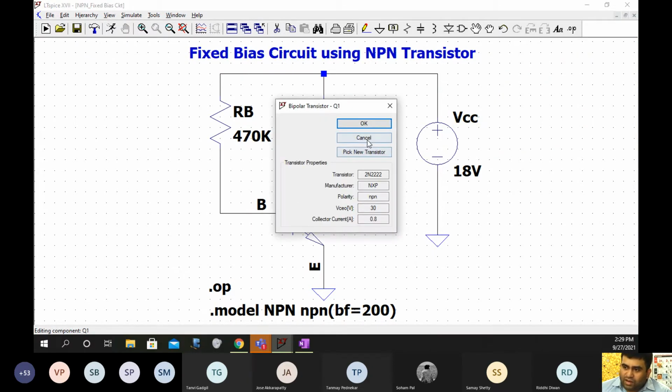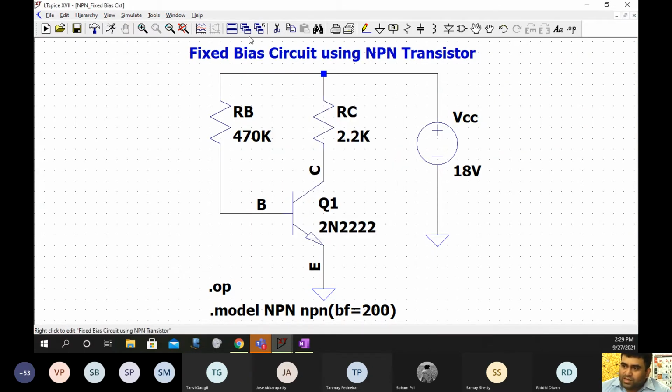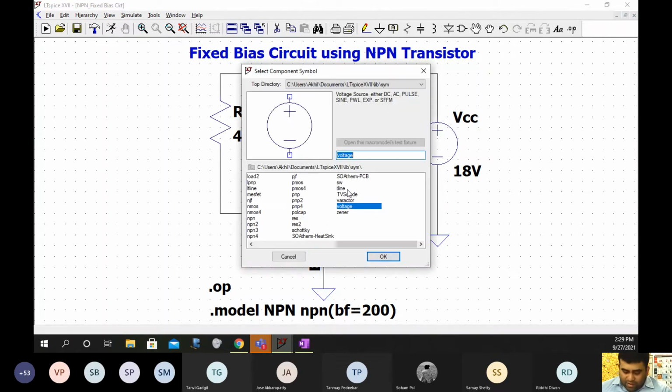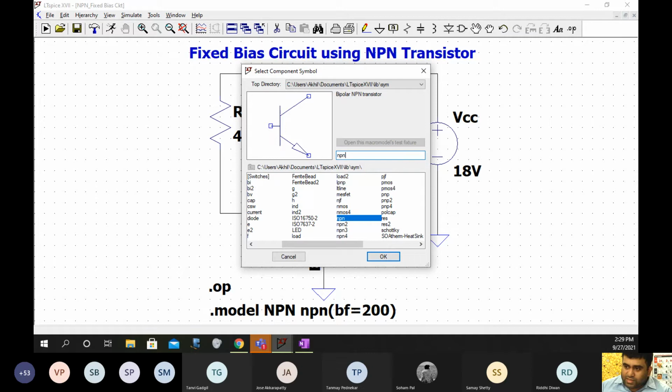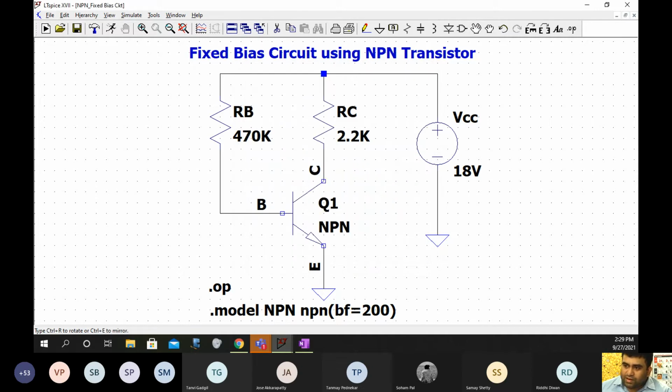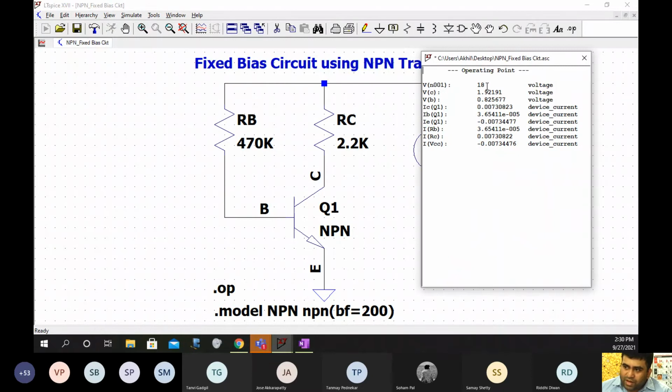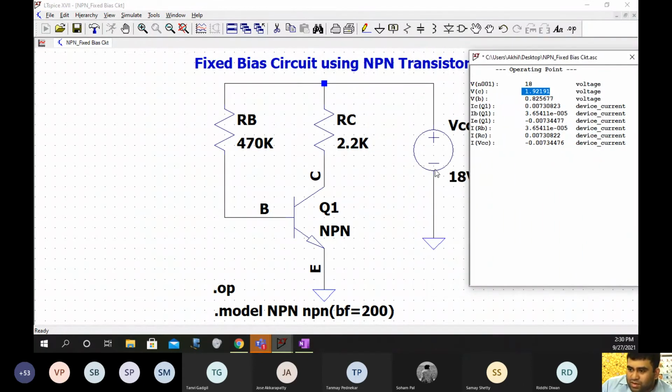Now what I'll do here is I'll just remove this transistor for the time being. Get back our NPN transistor here and we'll run it. So I'm getting my equations which are pretty close. At least I'm getting my IC and VCQ which is very close to the calculated values. So please post this in the output.